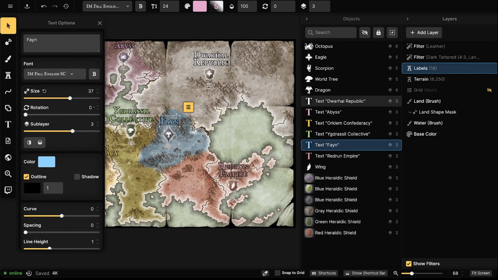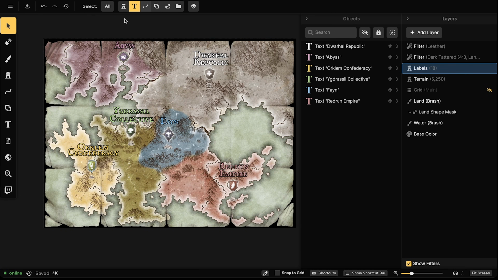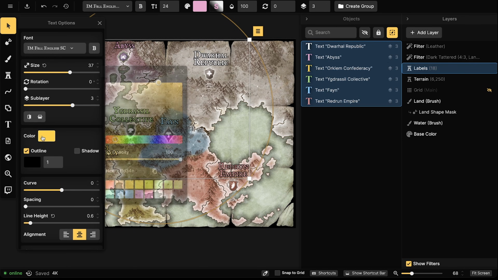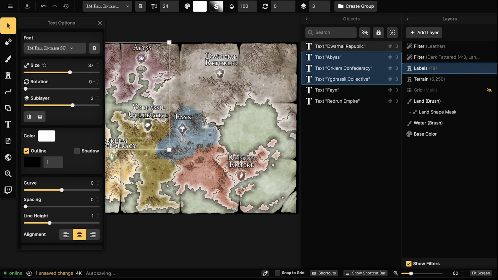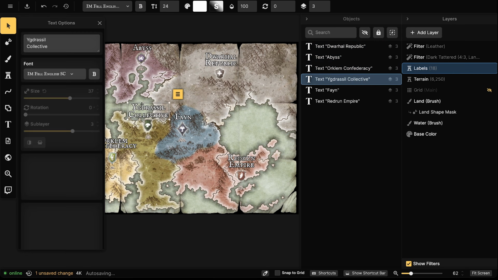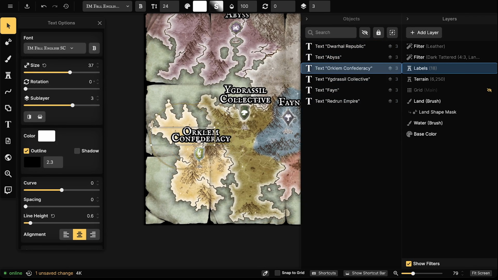You could make it white again if you wanted to, if you felt like the colors just create this weird discontinuity. That's not a problem. Just switch it right back to white. Or maybe you want it all to be the same color, right? Up to you. Maybe you want to select them all and bring the outline to be a little bit thicker so you can really see. Maybe you want to change the outline color to whatever